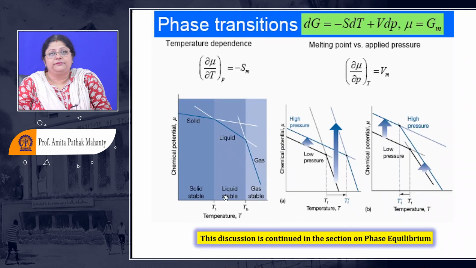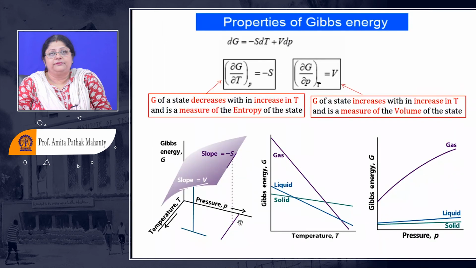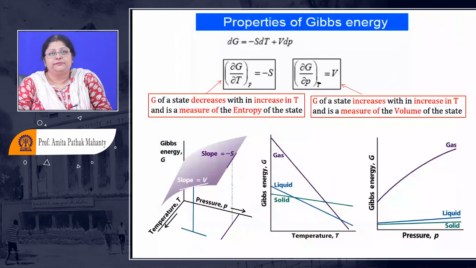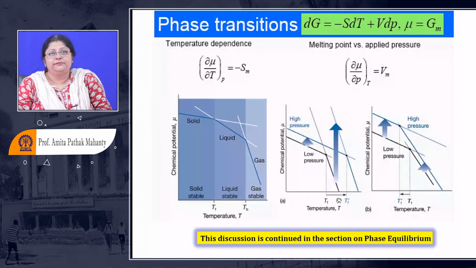Is this graph correct or not? This is coming from which plot? This plot? Yes, ma'am. So how is it different? Solid is different from liquid. Why is it different? Here the gas is the steepest. Here it is exactly the same thing, but just the graph has been shifted from places. What is that shift?